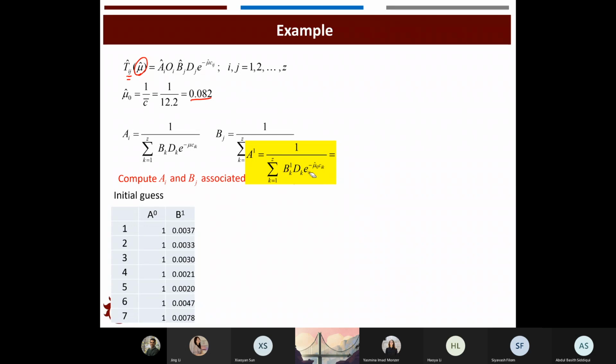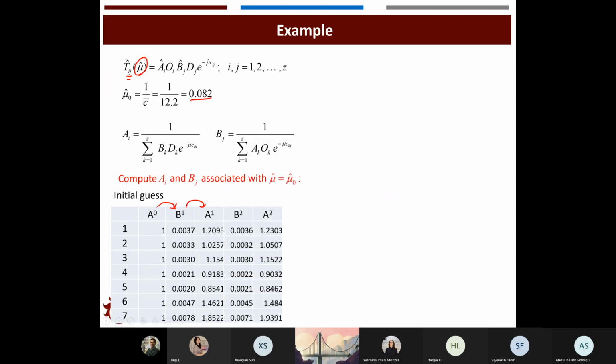So for A1, we know the value is related to BK, it's related to DK and mu0. We know the value of BK, which is from the third row here. And we also can find out all the values of the attractions for DK. This is from the observation. And we also have the value of CIK. With that, we can update the value of AI for all the cells, and then repeat this whole process again and again. So do this iteration, you get B2 and A2,